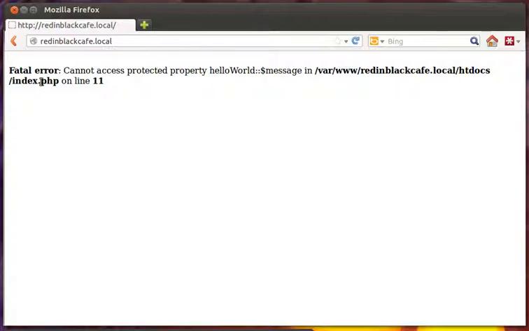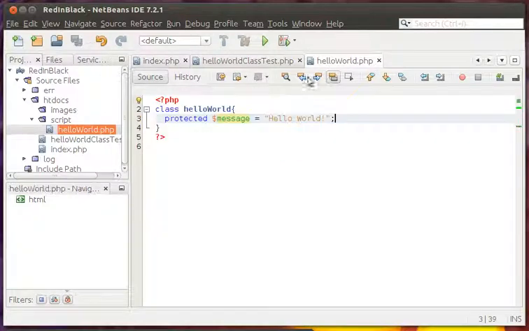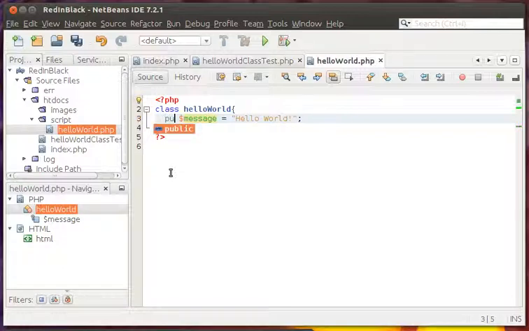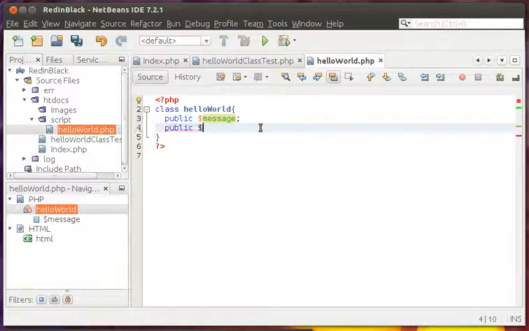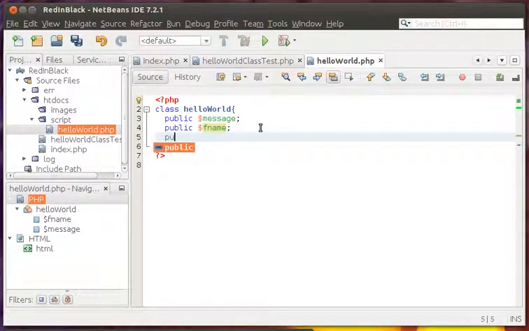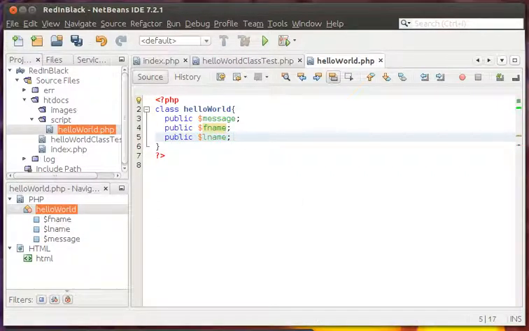So as you see, the difference between protected and public is that public can be used and can be called directly on the object, for the object. So you can call that as a method and it will be accessible. So we're gonna create three public variables. F name would be for first name, public last name, and let's create also